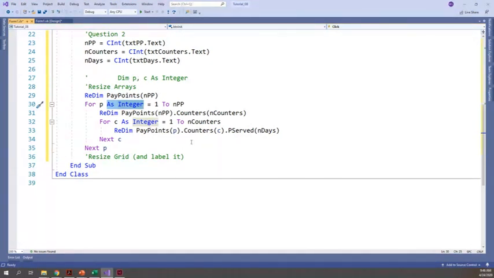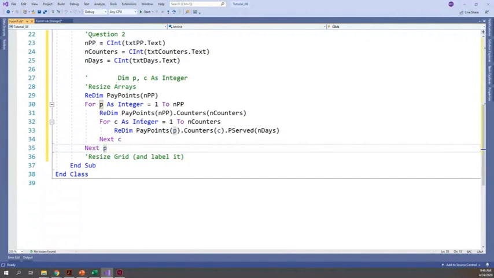Okay, look, please note this is a matter of style. If you feel more comfortable doing line 27, then please don't add this. Okay, this is not necessary because you've declared P and C on line 27 already. Otherwise, you will have an error. All right, so that